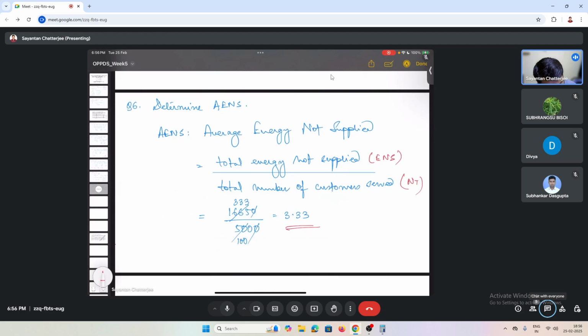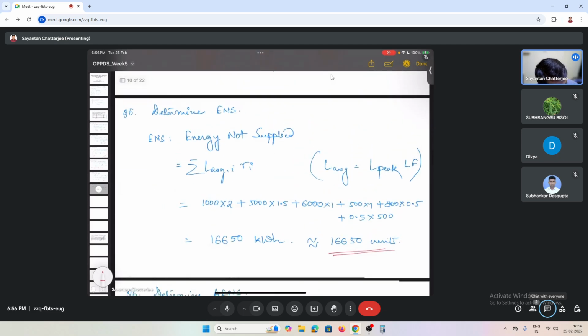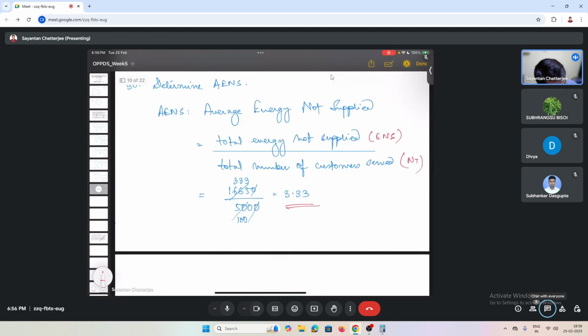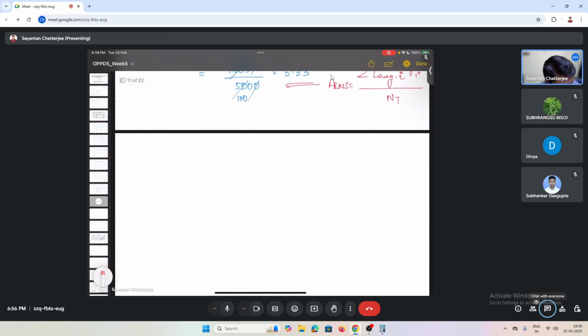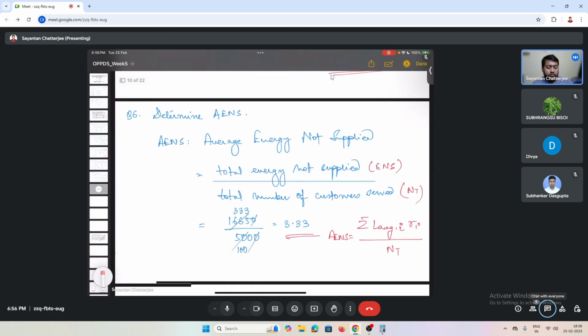Okay. So as here it is L average for individual customers. So L average I into RI divided by NT. This is the formula of AENS. Okay. So any doubt? Otherwise we move on to